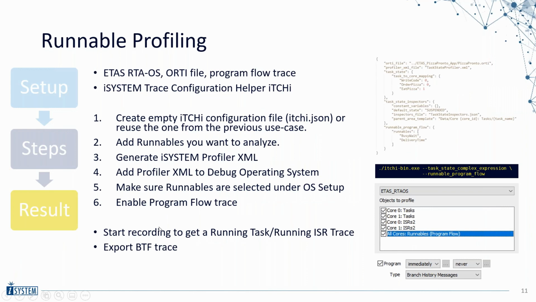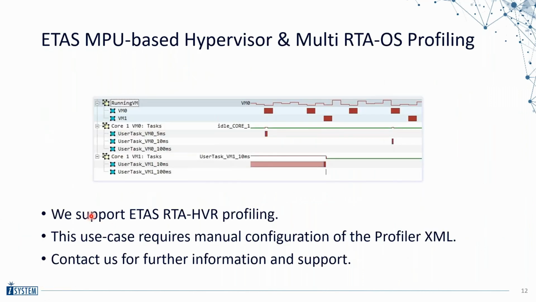One last use case I want to mention is that ETAS also provides an MPU-based hypervisor. It's a lean, efficient hypervisor that is based on a memory protection unit. We had a big project where we wanted to record a hypervisor-aware trace. It looked something like that, where we had a running virtual machine attribute. WinIDEA is able to record which virtual machine is running. And then for each virtual machine, we have another object that shows us the tasks that are running within that